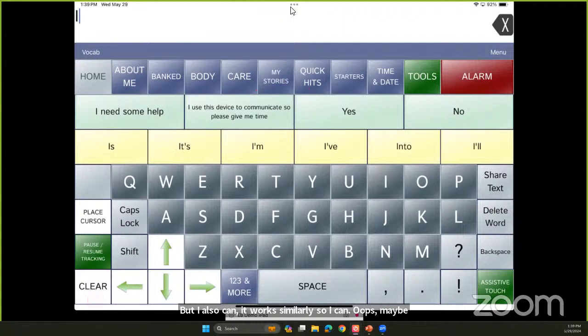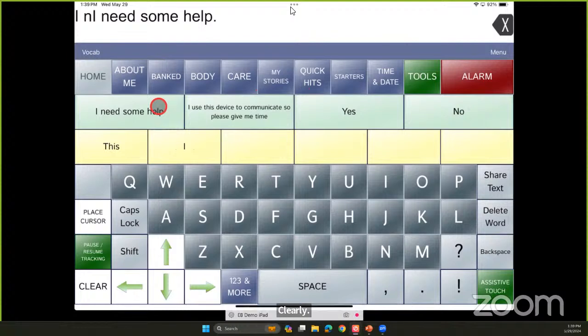Oops, see, can't type and look and talk at the same time today. So you can start typing, but as you can see, it also gives some sentences here. I need some help. Clearly typing today, I need some help. So you can really change from here, you can edit and add your own phrases and categories and things like that.